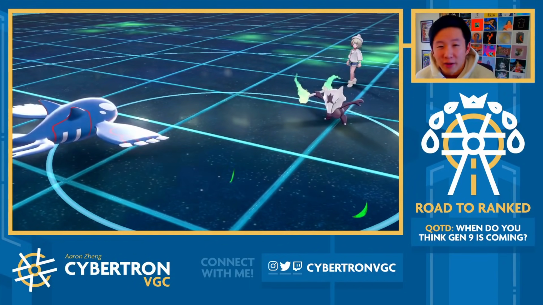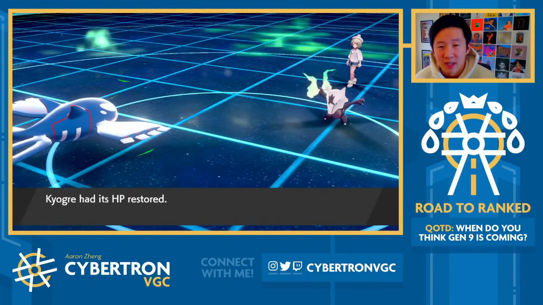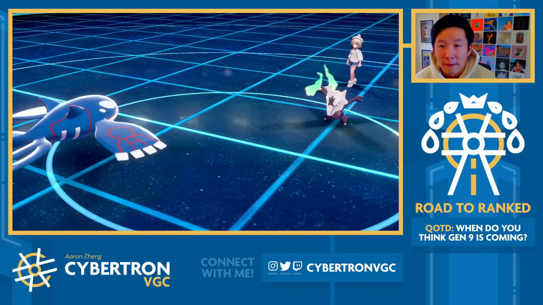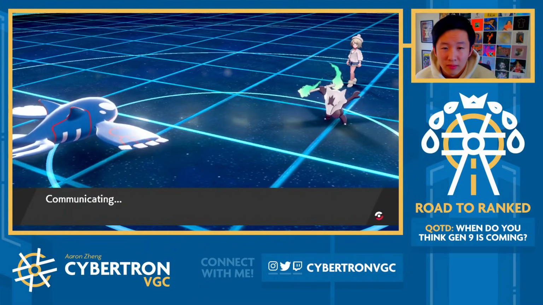In my head, I was like, okay, well the thing here is if you don't protect Marowak, maybe you target Kyogre, but then I just get a Seed Bomb off. The other question is what moveset they had on their Seismitoad. And actually,